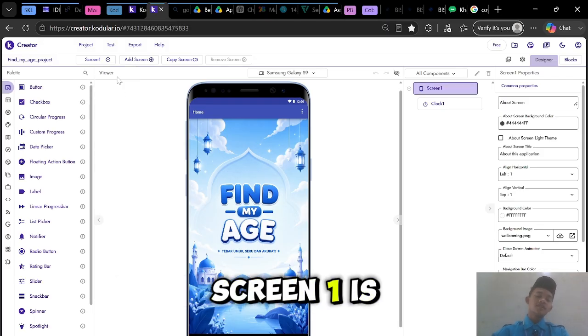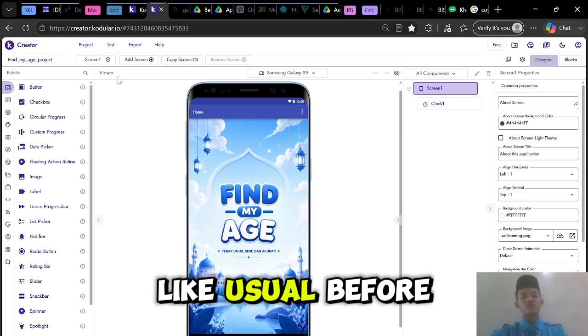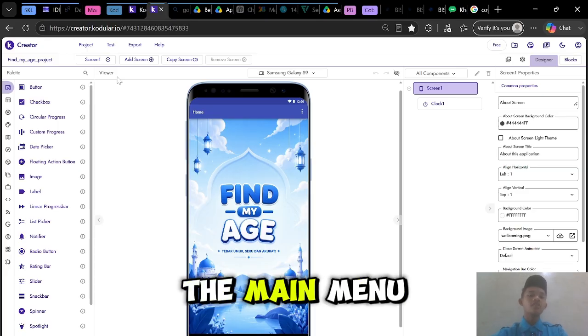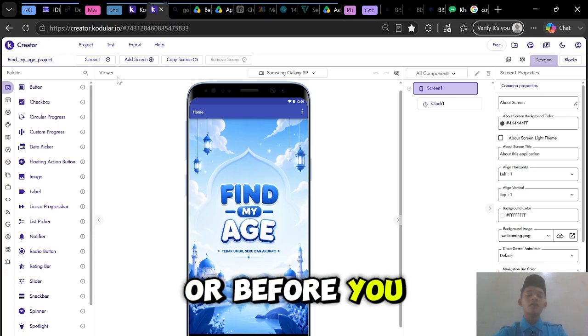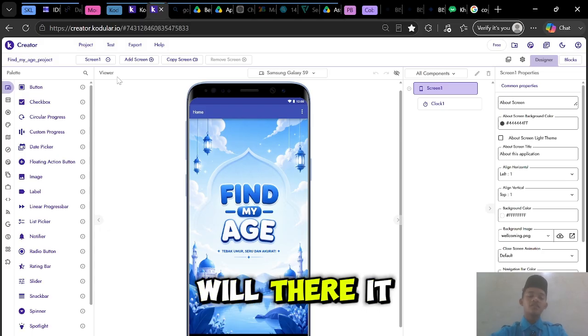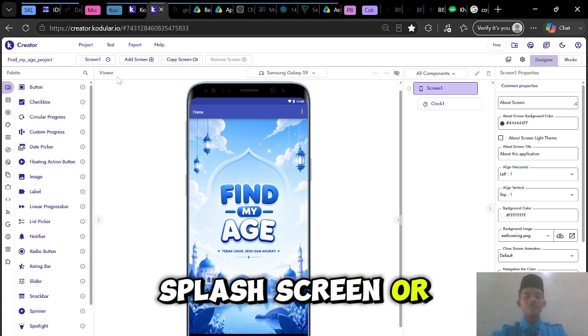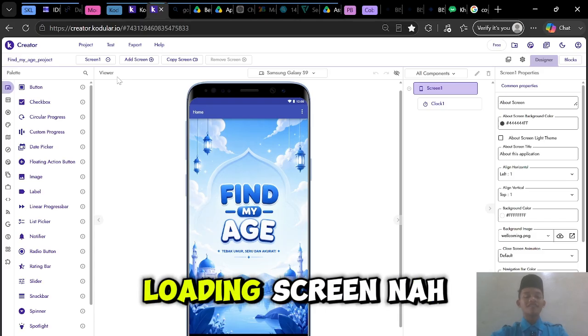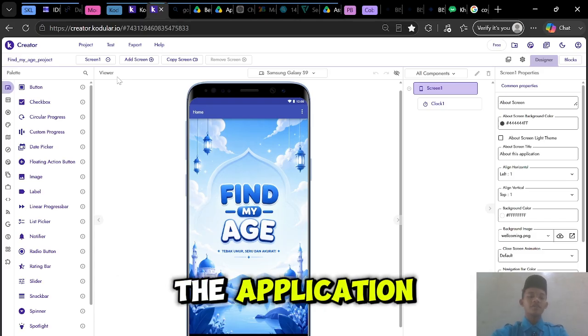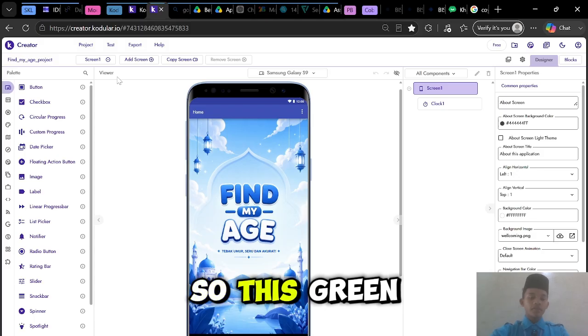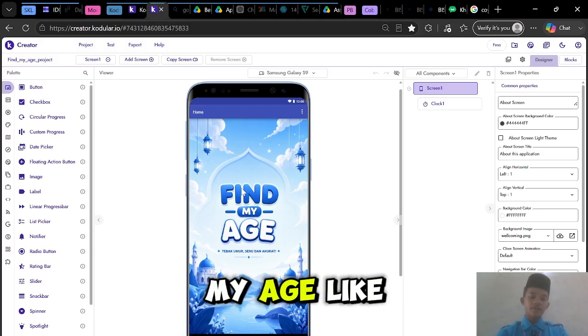The screen one is like usual, before you go to the main menu or before you go to the application there will be a splash screen or loading screen. So this screen one I use the image, Find My Age, like this.